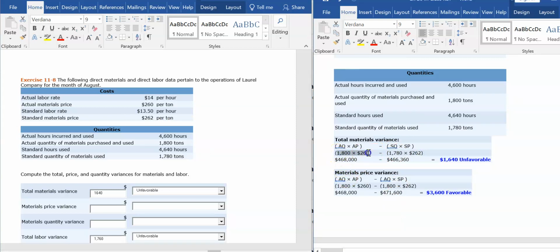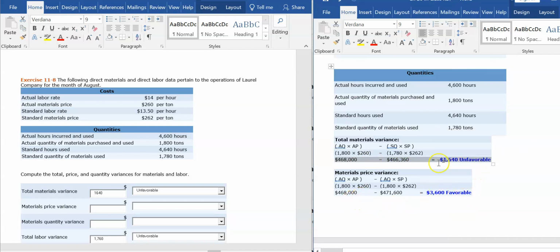If I do the math here, multiplying 1,800 times 2.60, I get the total actual material cost. Comparing the actual cost to what the standards say it should have been, we calculate a variance of